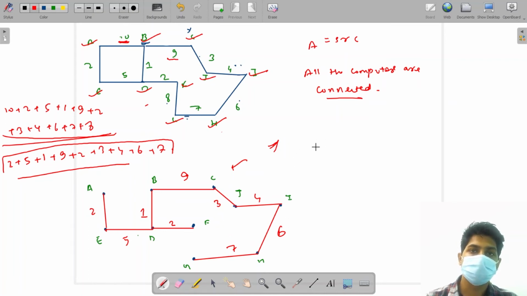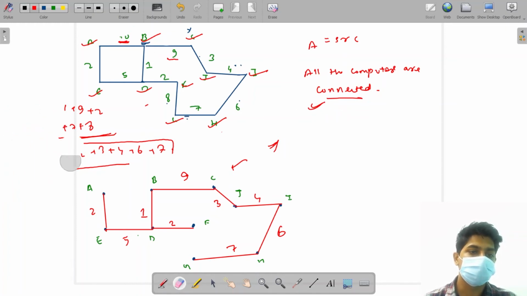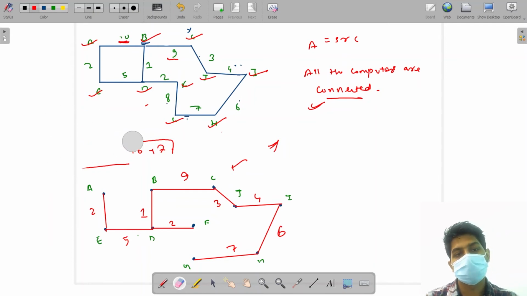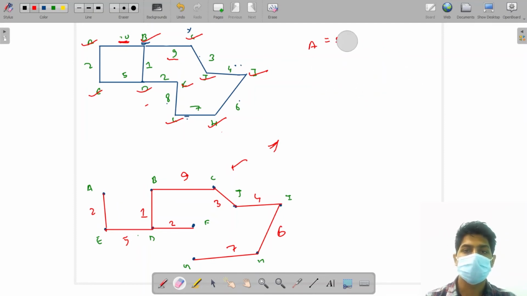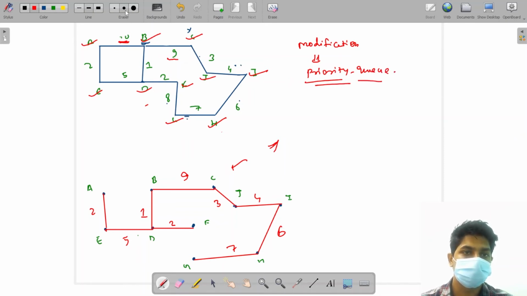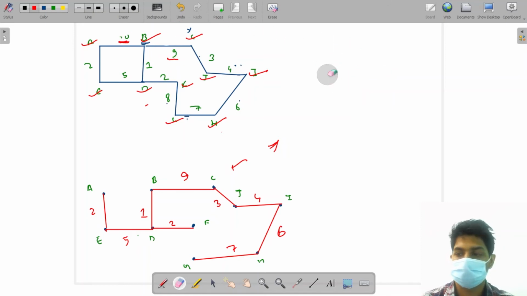Okay, so this is what we have to do in this particular problem, and I have explained the algorithm via the dry run. Now let's move on to the coding part and see how we can do this. I will give you more intuition on why we have done a particular step, and why I have written a particular line of code, while coding also. Otherwise, the rest of it is just a modification of BFS, or we can say a modification of Dijkstra. We are going to use a priority queue instead of a simple queue. Earlier we were using a simple queue, but this time we will use a priority queue. Okay, now let's move on to the coding part.